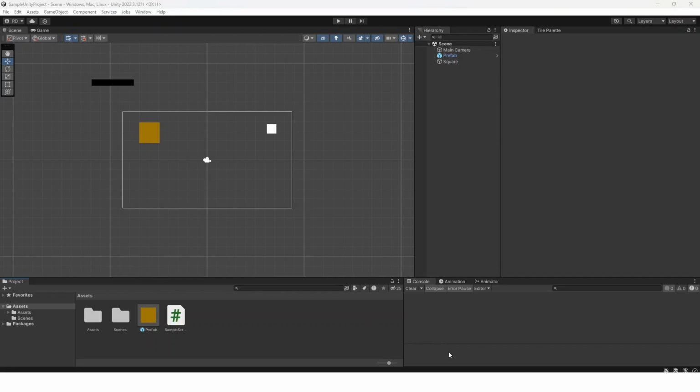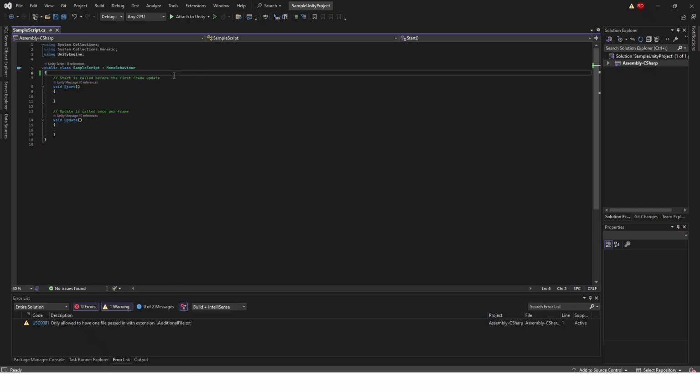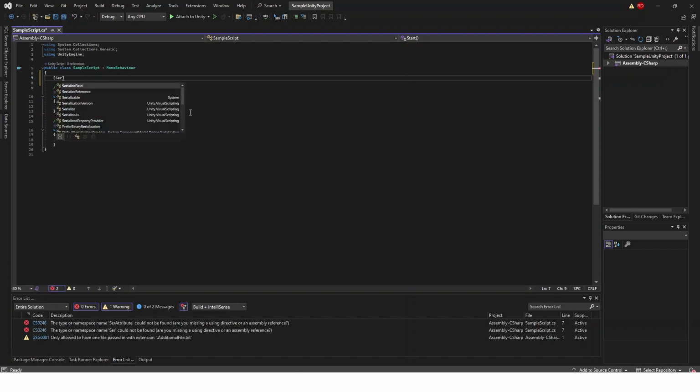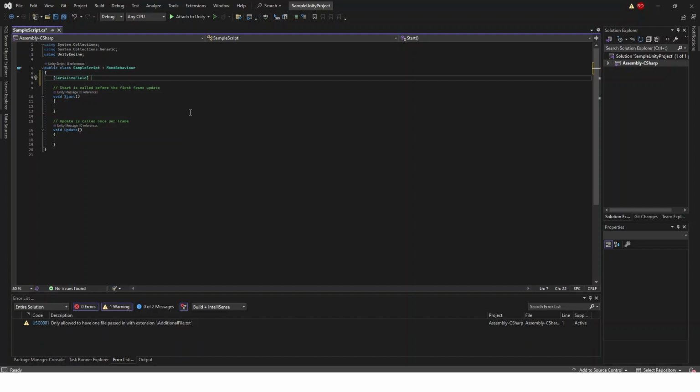I'm going to open that up, and then you can meet me back when you have your sample script open too. In here, it's just a sample script, so it has nothing in it except for just the start and update methods. Up at the top, we're going to create a variable. This one is going to be a serialized field. If you remember, a serialized field allows you to edit it inside of the inspector. It's going to be a serialized field, a private game object. And since the prefab is a game object, it's just going to be a game object,